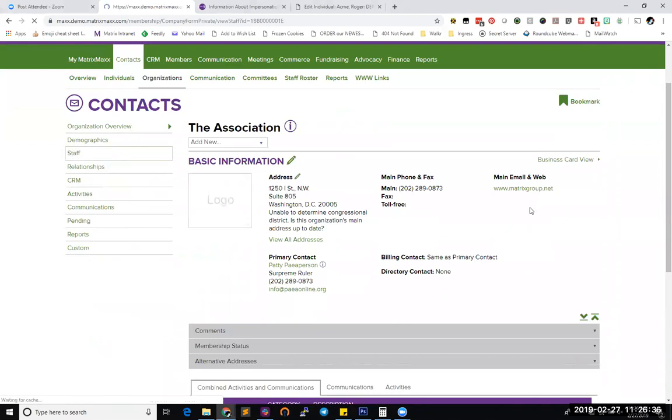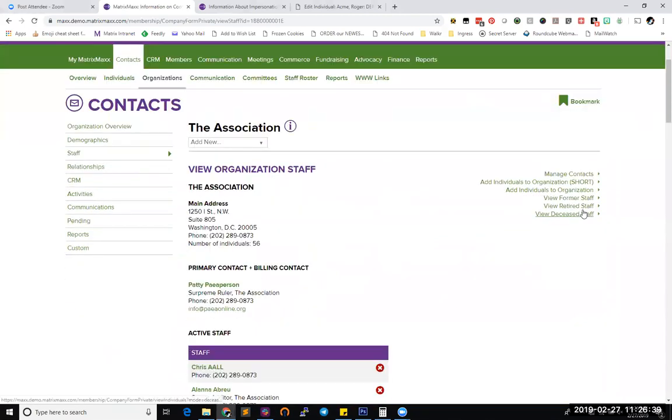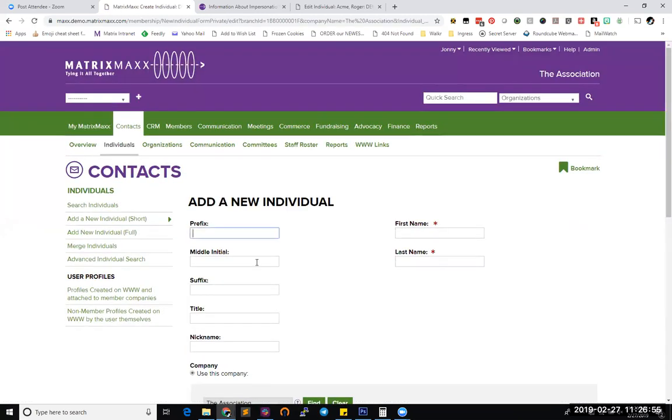So I'm going to go to staff, and I'm going to add individuals to organization short. It's my preferred form, and I like doing it in this order from the view staff page just because then it knows what organization I want to add it to, but everybody has their kind of preferred way to do it. This is how I prefer to do it. So I'm going to add an individual in here, named new staff member,